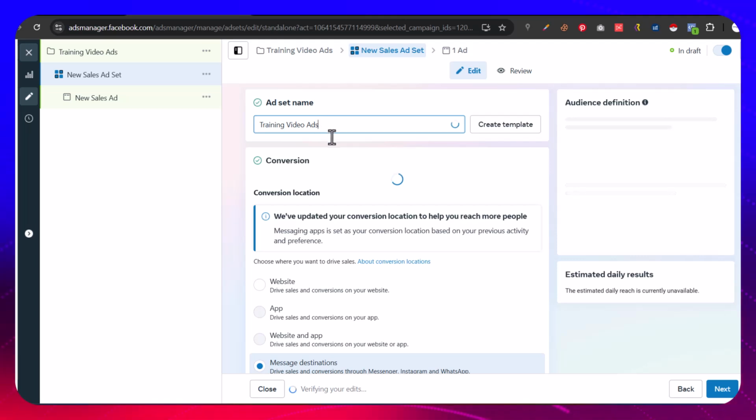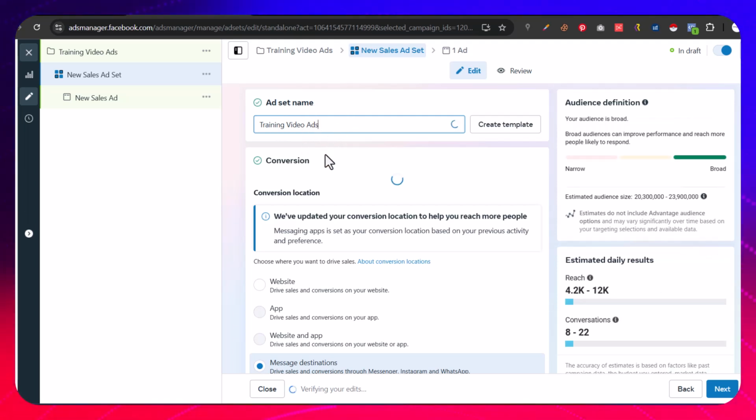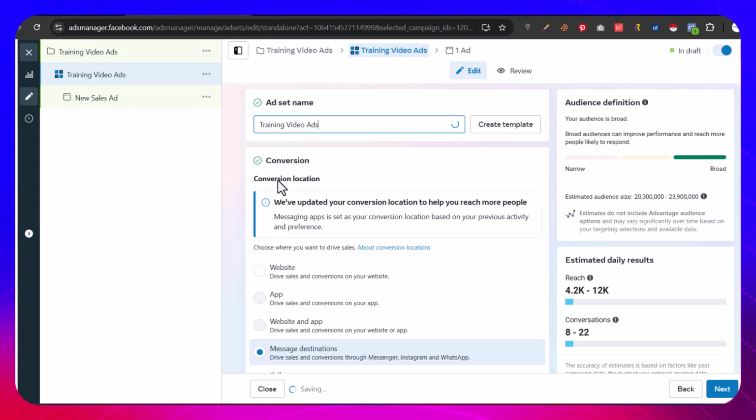So what you first of all see on your ad set is, how do I put it now? You name your ad set. Now, what you see here, that was why I said earlier that what you see here is relative to the campaign objective you're using, right? So the reason why you're seeing conversion here is just because the campaign objective you're using is the sales campaign objective, and what we want to do is conversion. So we want to convert people, and Facebook is now asking you,